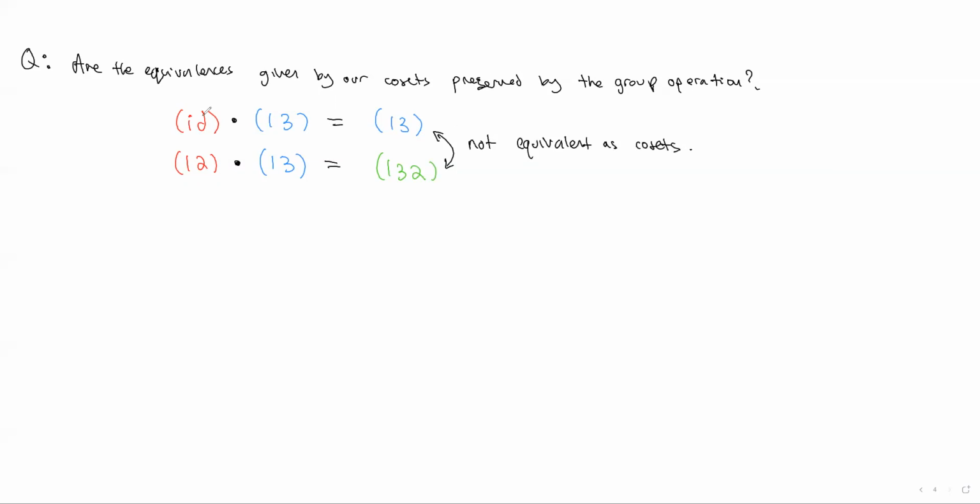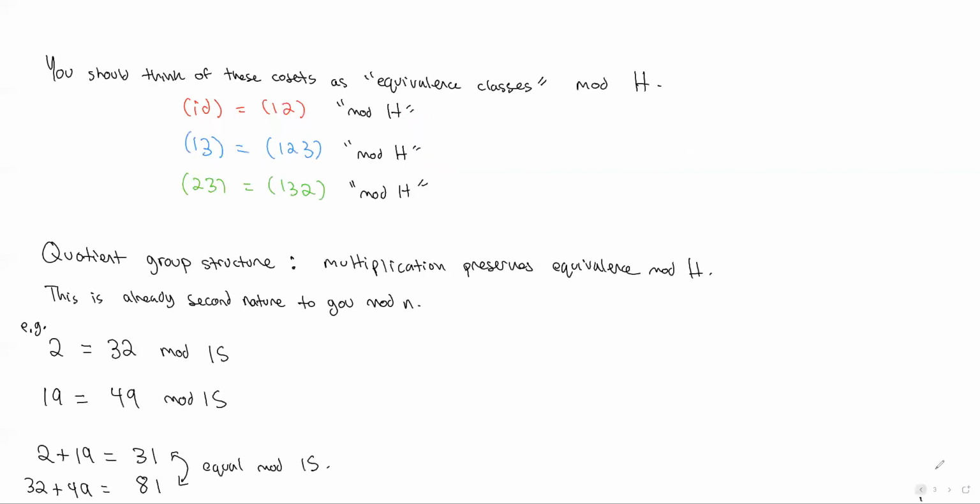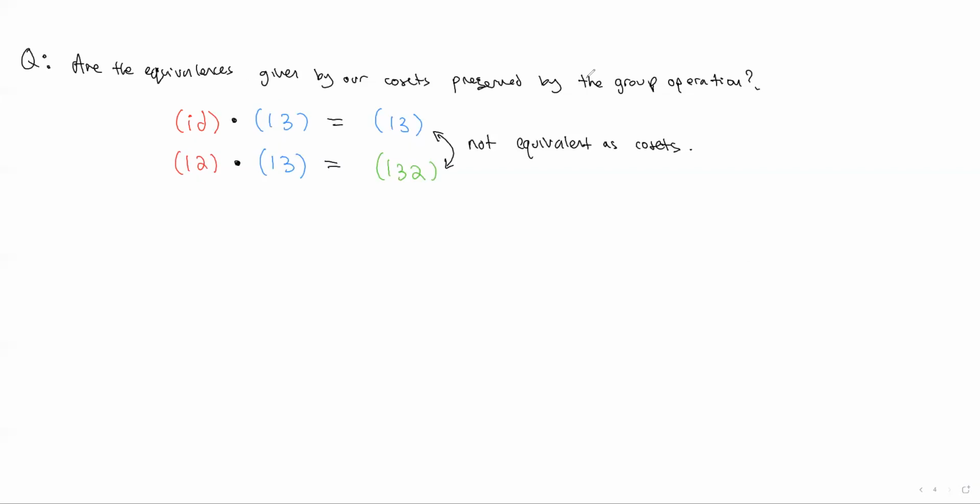And if you want to write it, right now I'm omitting the cosets. I'm speaking more intuitively, like what you want is this. But if you wanted to write it more formally, you should write the cosets in here. So now I'll write it more formally. So ID times H is equal to (1 2) times H. And obviously (1 3) times H is equal to itself. But their product